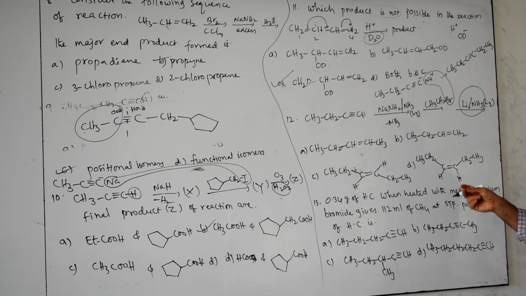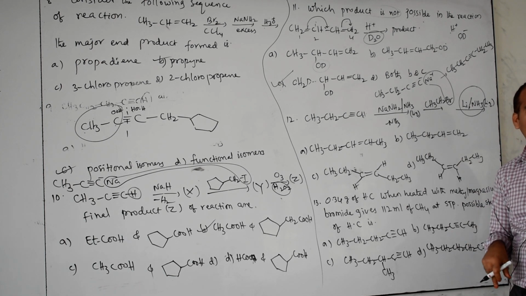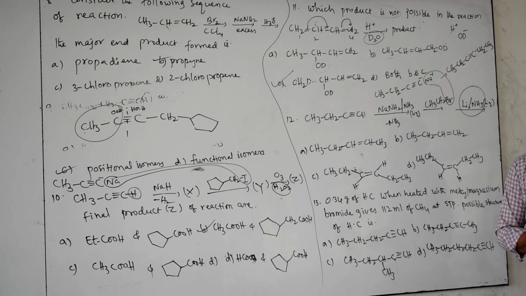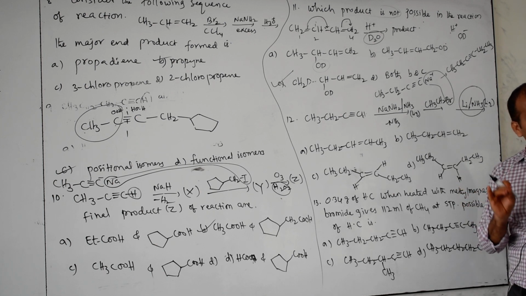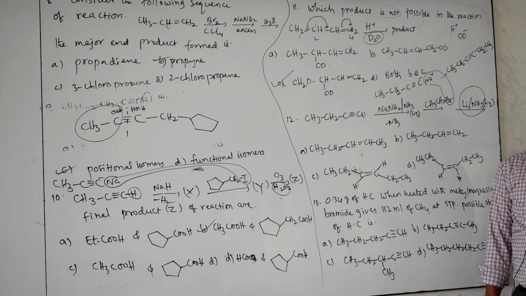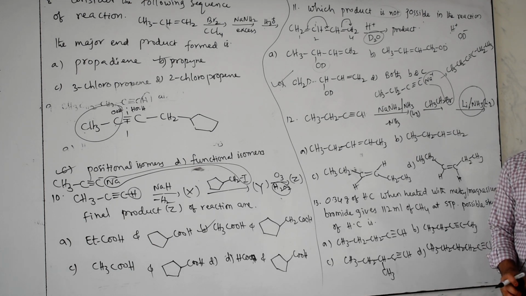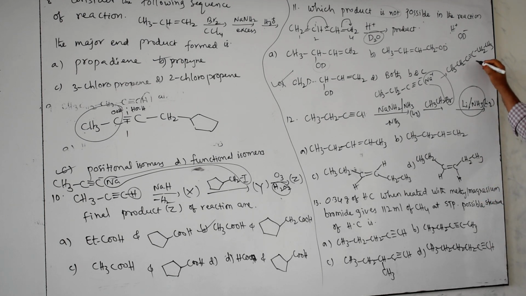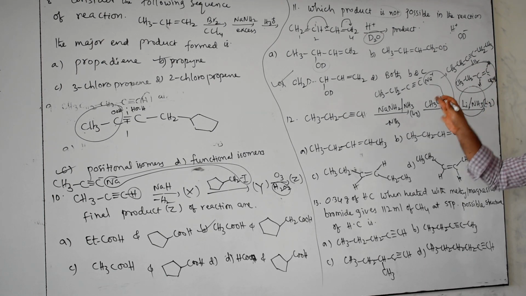Then what is there next? This lithium in liquid ammonia. You studied sodium in liquid ammonia in your notebook or textbook. Sodium or lithium belongs to the same group. Lindlar catalyst gives a cis product. Sodium in liquid ammonia gives trans product. That we also studied in the last class. So on hydrogenation with lithium in liquid ammonia, you will get CH3, CH2, C double bond, C. Here the two hydrogens are in trans position. Then here CH2, CH3. Then trans alkene is the major product.